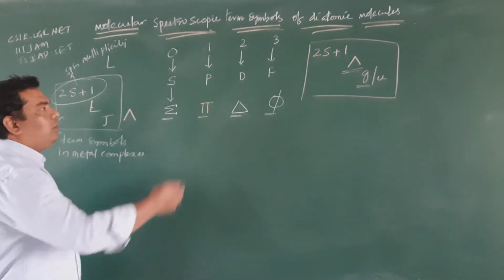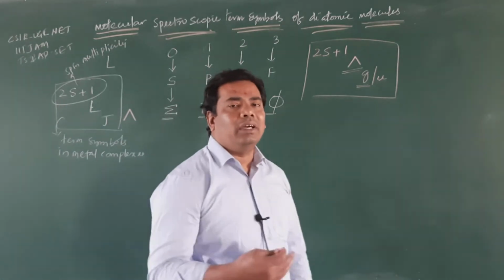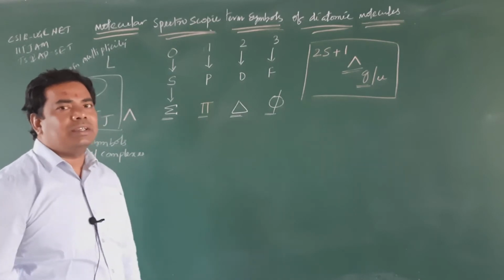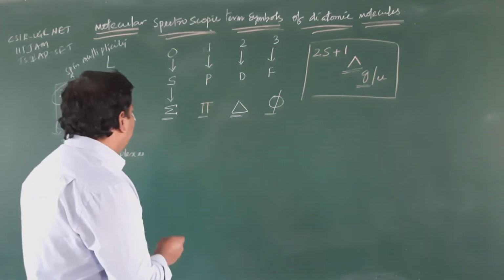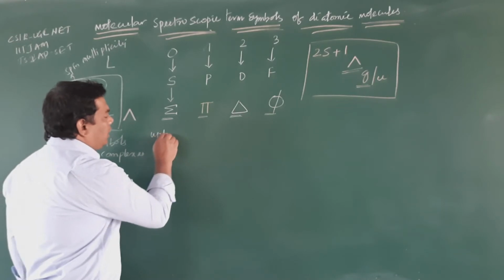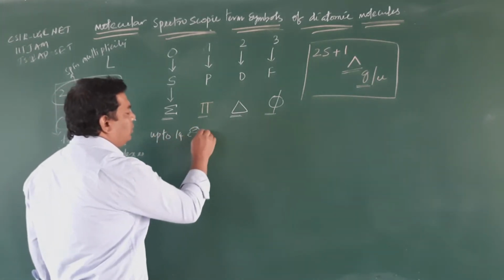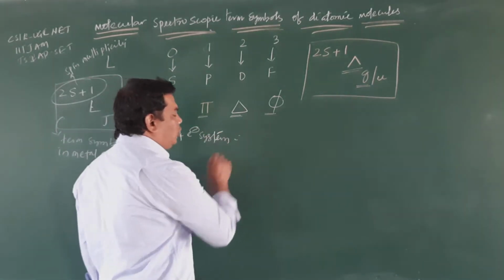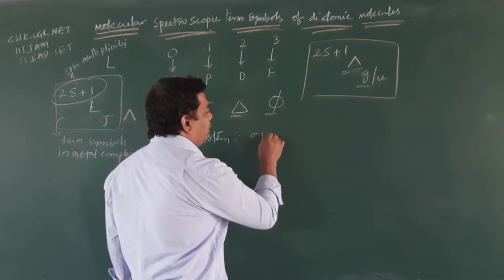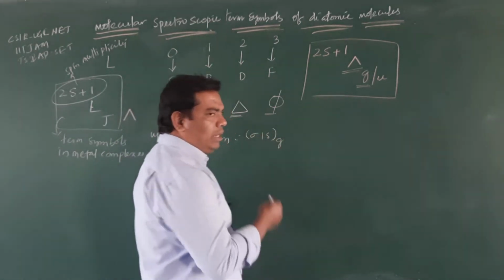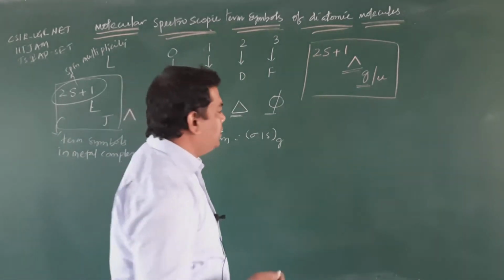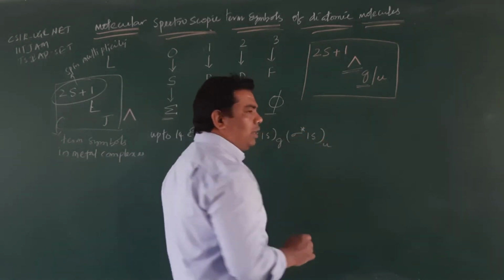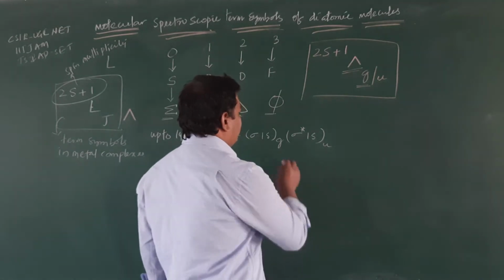So before we determine the term symbol, first of all we will focus on the energy order for the 14 electron system and above the 14 electron system. Here first I will write up to the 14 electron system. Already you know very well about these. Up to the 14 electron system, the electrons enter into the sigma 1s, which is gerade, and then sigma star 1s, the anti-bonding molecular orbital. Okay, so this is KK.